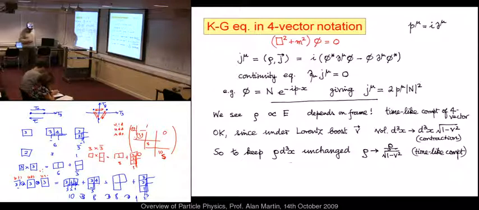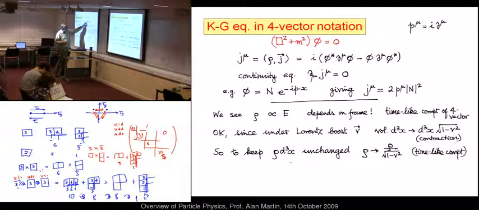Yeah. The Klein-Gordon equation, which is this thing, you see the box squared is this derivative. So the Klein-Gordon equation is just this. I've got to take this over to this side. So the Klein-Gordon equation is just that. If I look at the continuity equation,